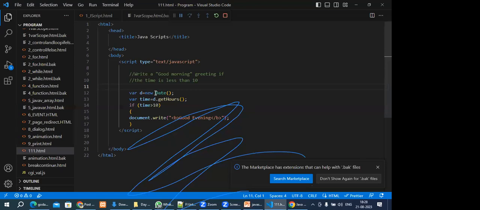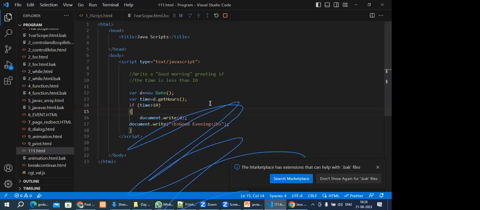So what is this date? Date is a variable, and I also want to display this date. How will we display it? So the date came, but now my output is complicated. So document.write, I am going to also